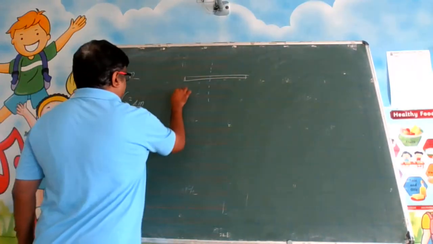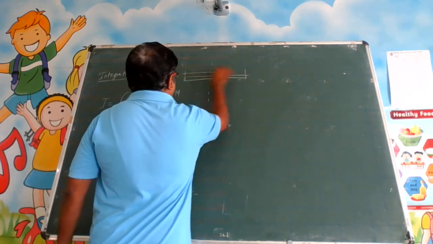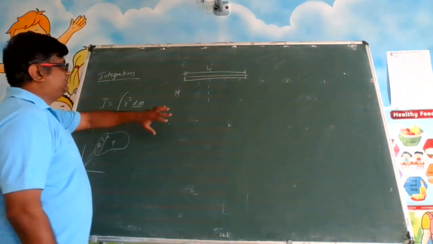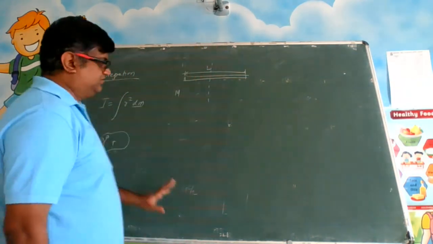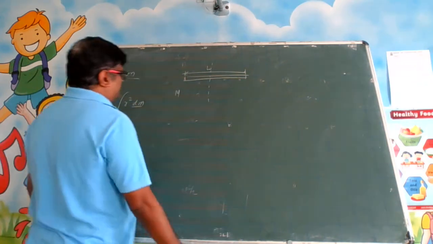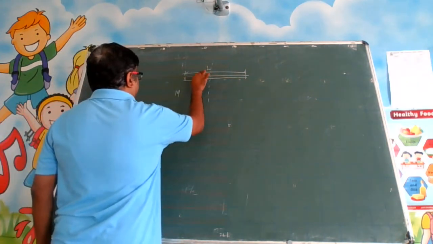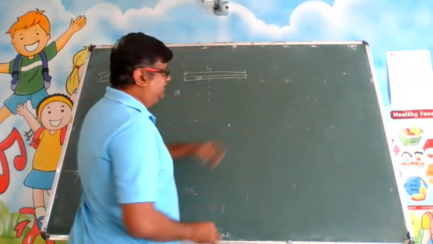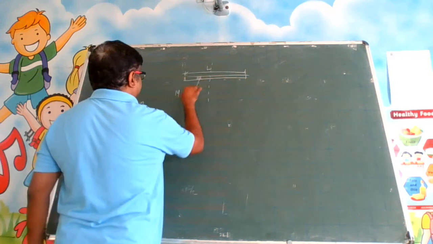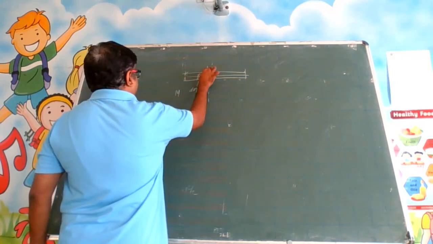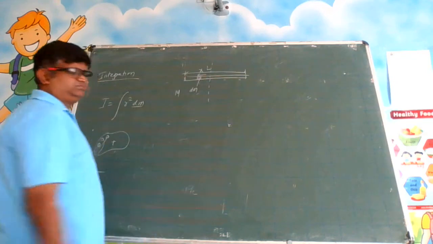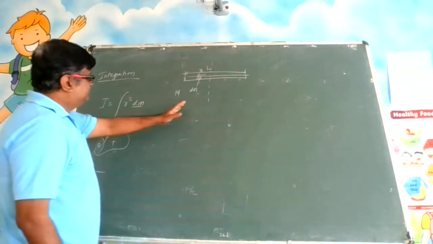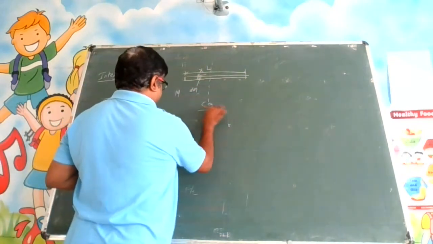So this mass is capital M and this length is capital L. And we are trying to find out what is the moment of inertia about its CG axis. So for doing that, what am I supposed to do? I need to take a small element. If the whole mass is capital M, this small mass will be dm. Let us say it is from x distance from the centroidal axis. What is this r? It is the distance from the axis from where you are taking. What is the axis here? This is my CG axis, right?